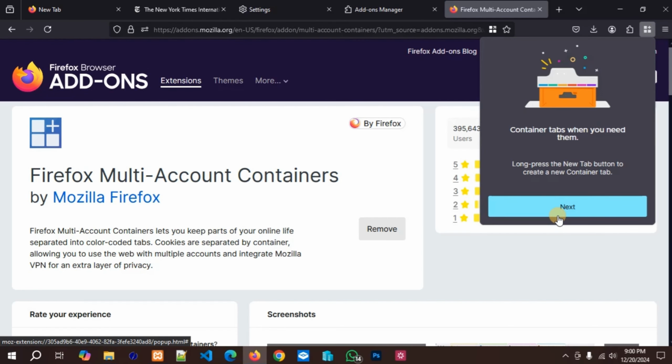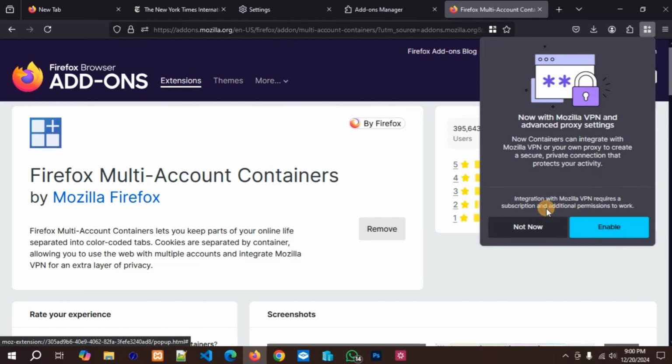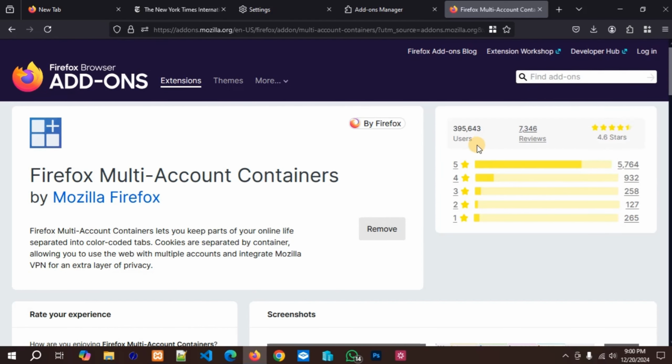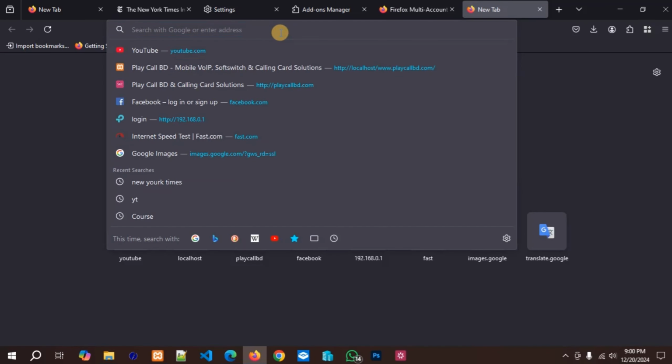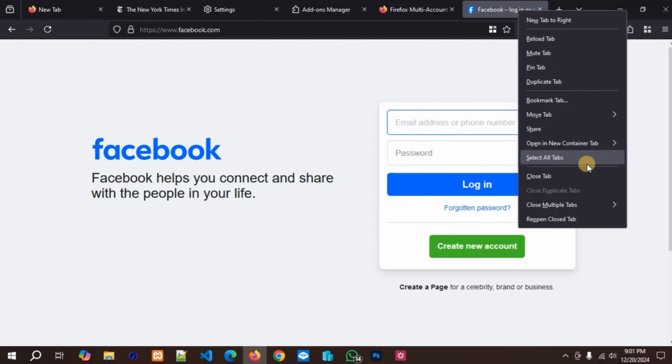Next, for syncing, no need because I don't have any account previously, so not now. And enable, and click allow. So what you have to do is just click a new tab. For example, this tab is your personal tab, so Facebook for instance. So right click on it and